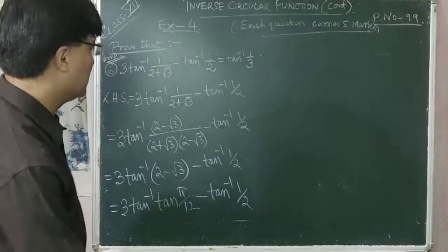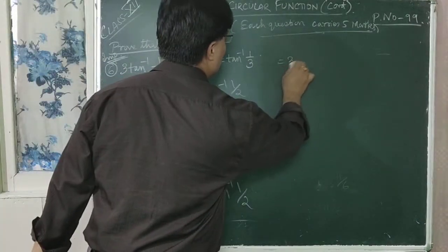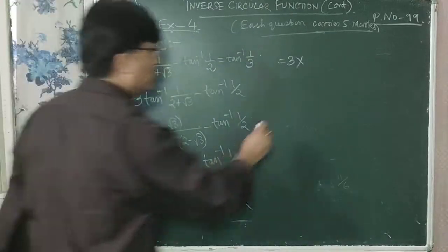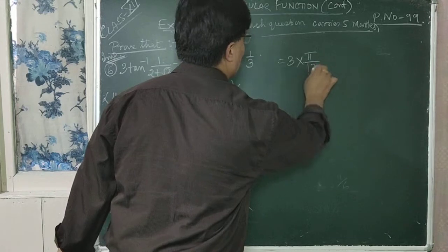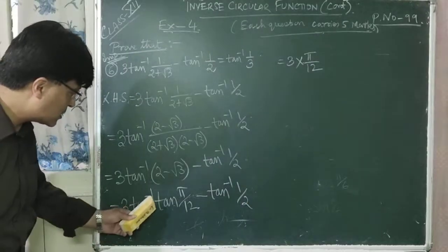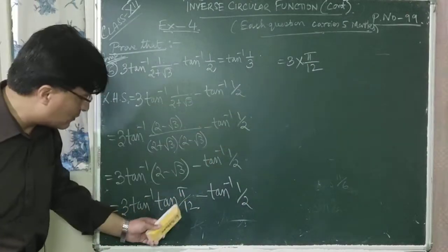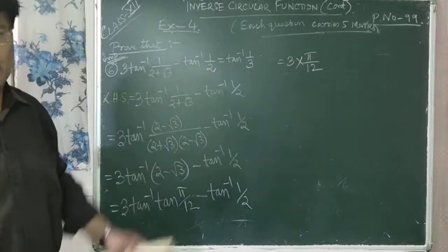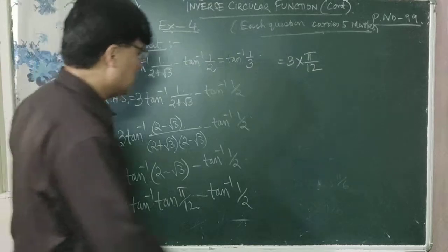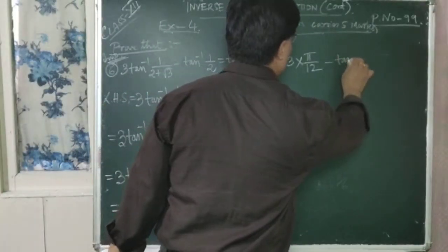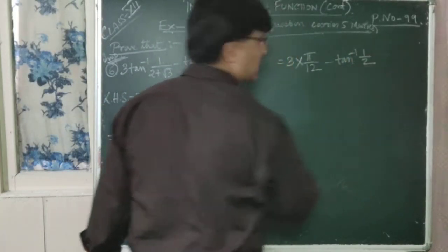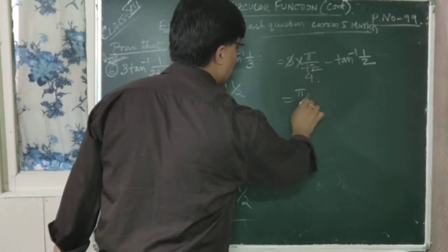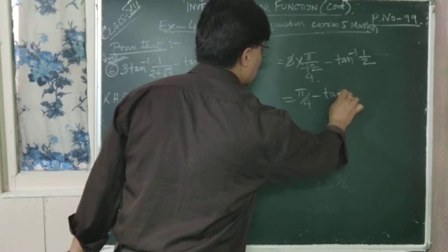So next, which is equal to 3 into, what is tan inverse tan pi by 12? It is only pi by 12. You know that tan inverse tan x is equal to x. Instead of x there is pi by 12. So it is pi by 12, right? Then write down minus tan inverse half. Is that clear? So 3 ones are 3, 3 fours are 12, is equal to pi by 4 minus tan